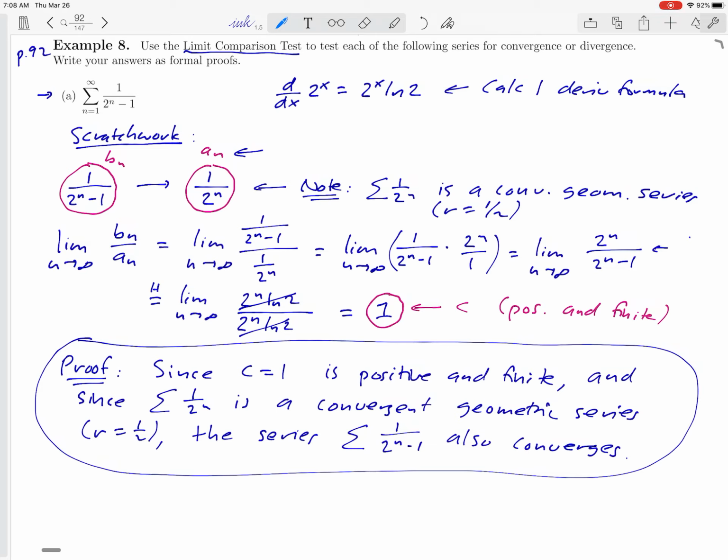Okay, and you can see that's more complicated than the previous convergence tests that we've used. Okay, so it'll take a little getting used to. Okay, the good thing here though is that every time you use the limit comparison test, your proof is going to kind of sound similar to this one. They're always going to be kind of the same pieces. You're going to start by making this observation about your c. The next step is going to be making a statement about the series that you're comparing to, and then you're going to conclude with whether or not the series